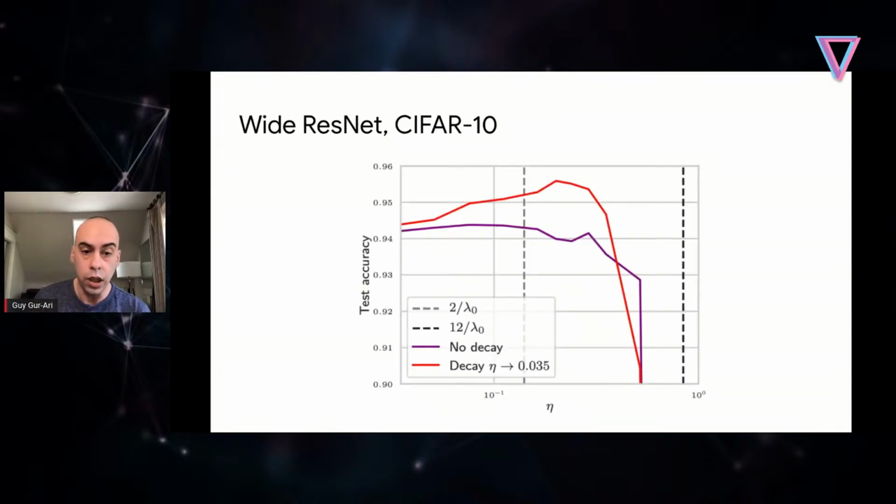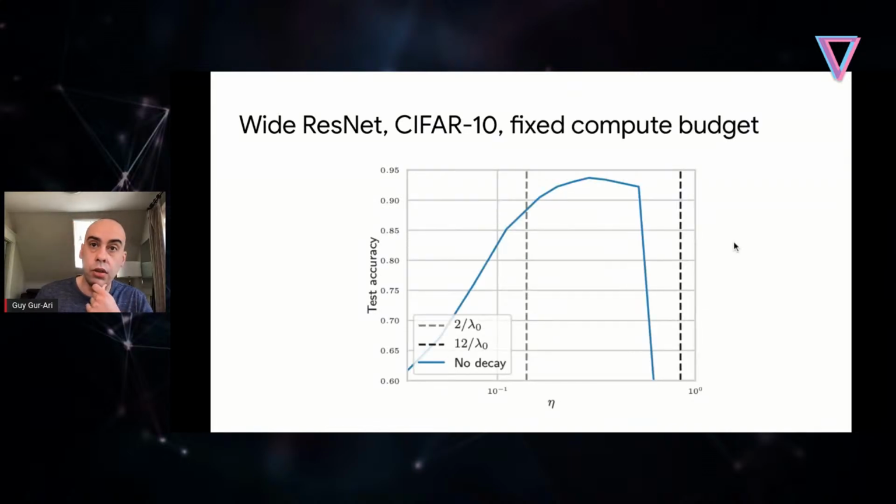So we have these two controls in these experiments, which are hopefully enough to isolate the effect we actually care about. Here are the results, again on a wide ResNet, a modern network, trained on CIFAR-10. This is test accuracy at the end as a function of the learning rate. The two dashed lines are our predictions for the window at which the catapult effect happens. The line I want to focus on here is the red line, where we have all the controls: proportional number of training steps and eventual decay of the learning rate to the same value. And we see that once we put all these controls in place, the best performance happens within this predicted window. So that's one result.